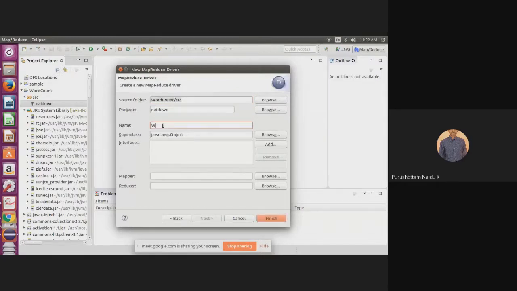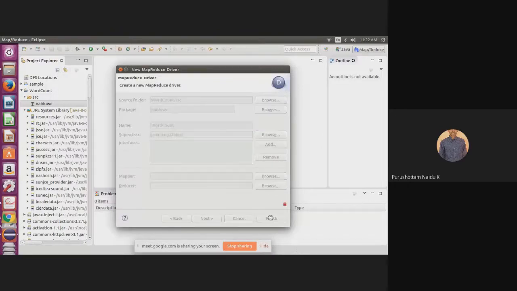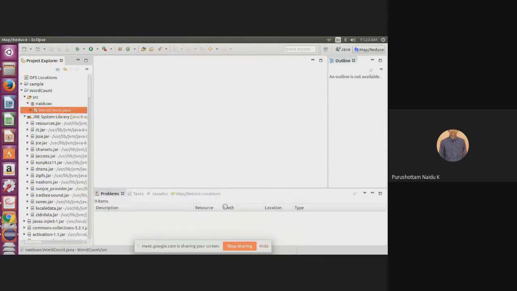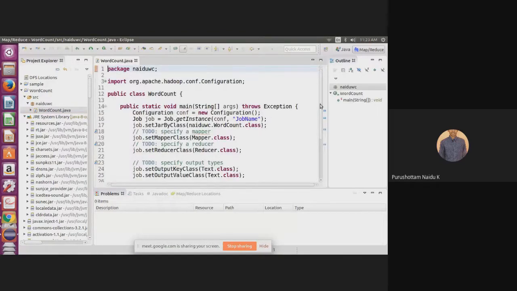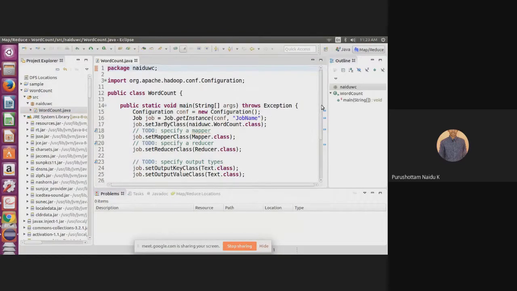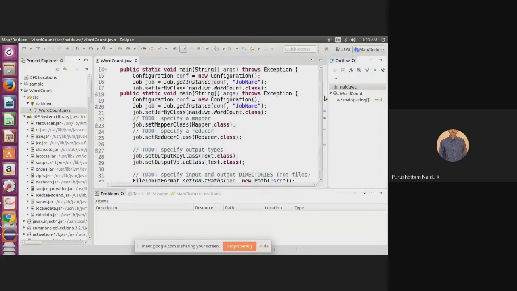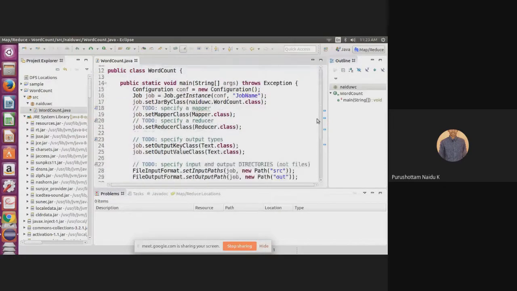I specify the driver code name as WordCount. Okay. Click on Finish. Clear? So when I look at WordCount.java, when I am writing the driver code, by default some code is coming.